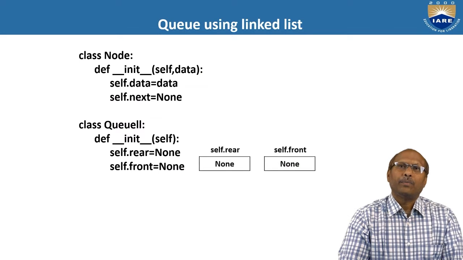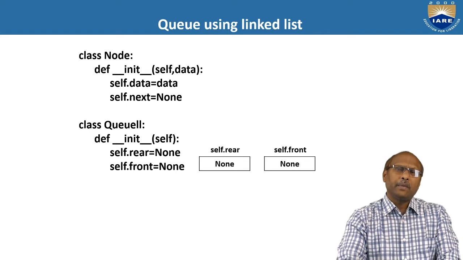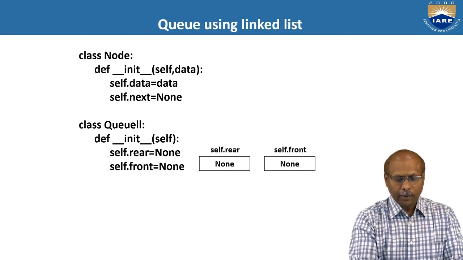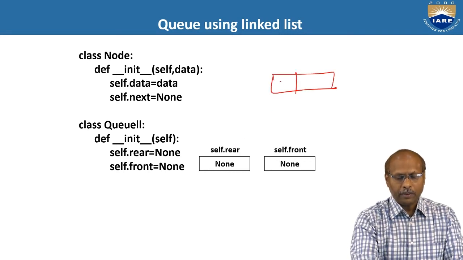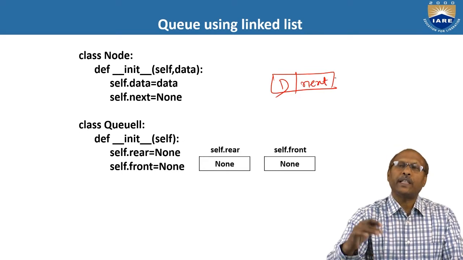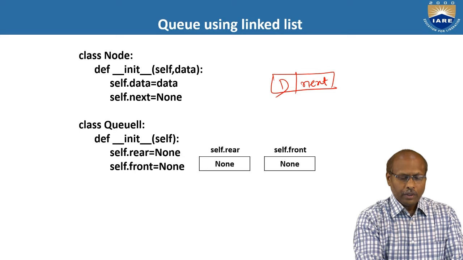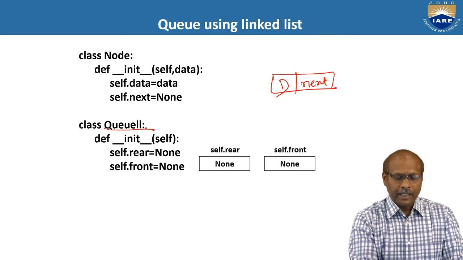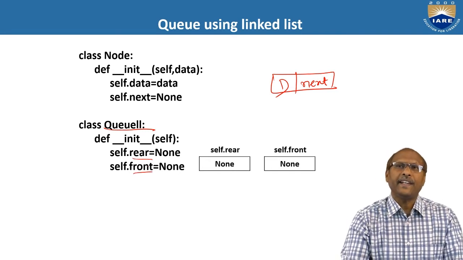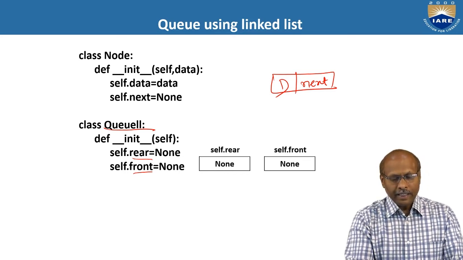Here the program you can write using Python. A node can be represented like this, because when you are representing the node using the linked list concept, you have to maintain two things: the data part as well as the pointer part. The data part is the real data, and next is a pointer pointing to the next node, because you have to represent the set of nodes using a linked list. So I am maintaining a class called queue linked list, and here I am maintaining two pointers, rear pointer and front pointer. Initially rear is none, that means it is empty, and front is also none. So this is the initialization condition.